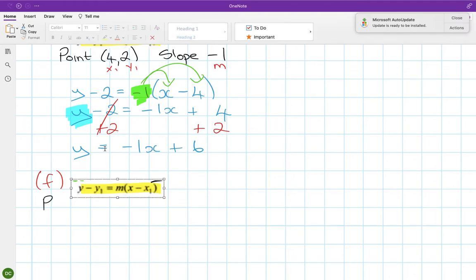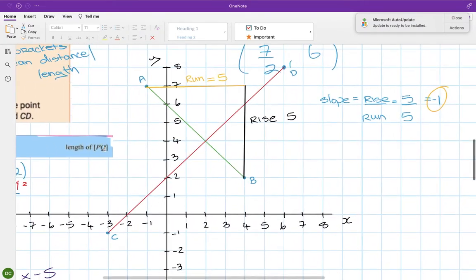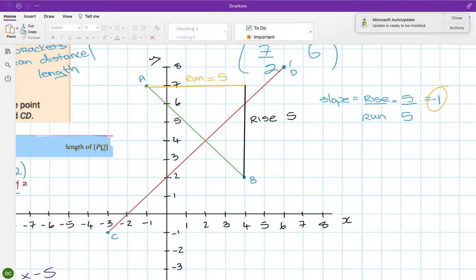The point is (6, 8). And the slope, again, you have a choice when you're getting the slope. You can either do rise over run or you can do the formula. I'm going to do rise over run. So we'll put in our... What should I use? Black for the rise. So my rise... Where does it stop? There. Yeah, and then my run